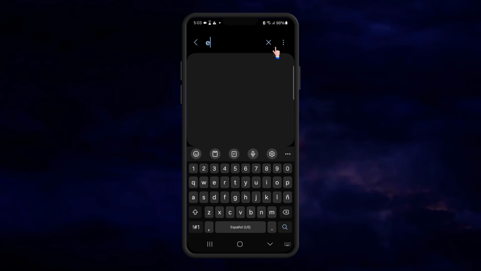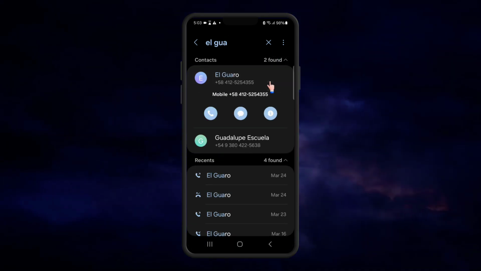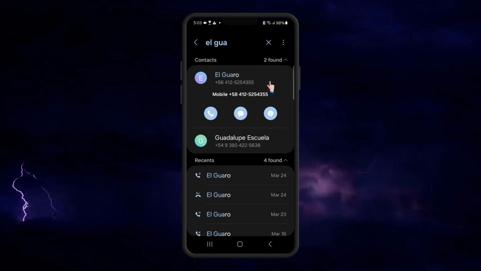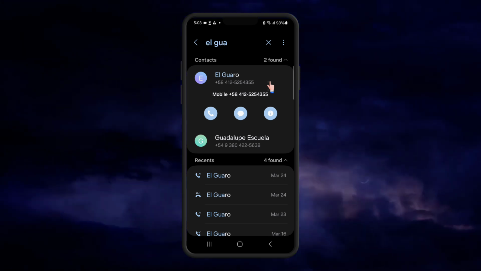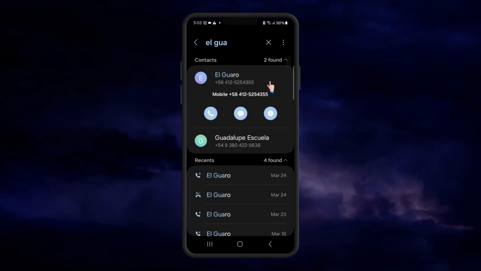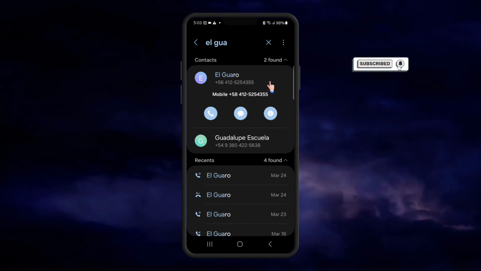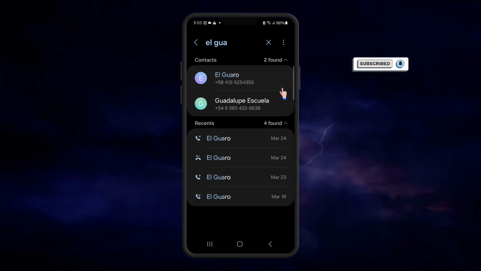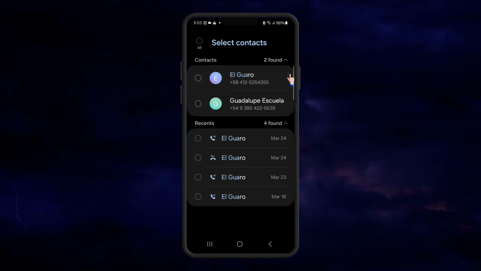Select here and touch it. What I'm going to do is, since the country code appears if their number is from another country, I am going to delete the code and place two plus signs. I edit the contact,